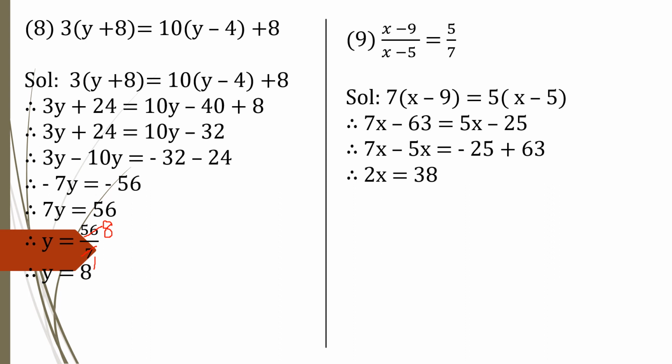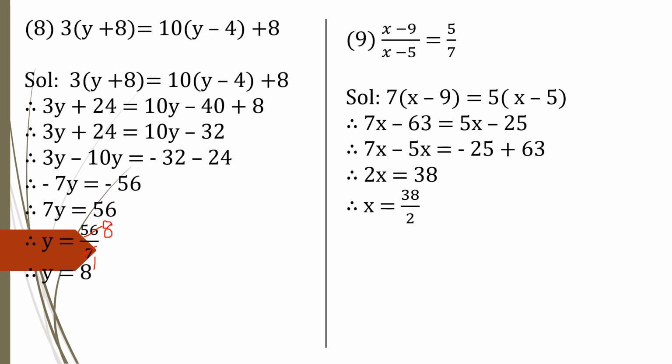So both the numbers, one is negative, one is positive. So you'll subtract both the numbers and you'll put the sign of the number which is bigger; whichever sign it belongs to, that sign will go to the answer. So therefore 2x equal to minus 25 plus 63, you will get 38. Now let's find out the value of x. Therefore x equal to 38 upon 2.